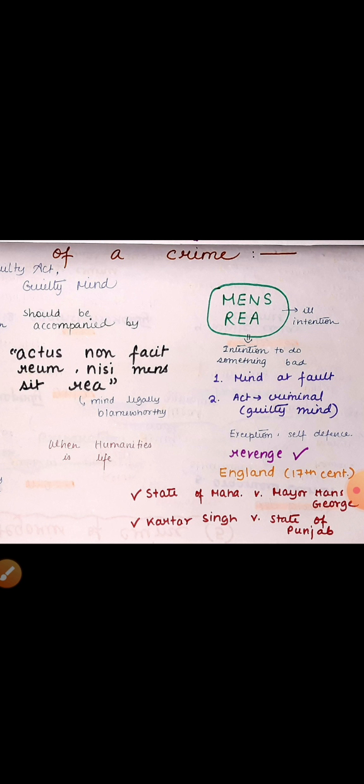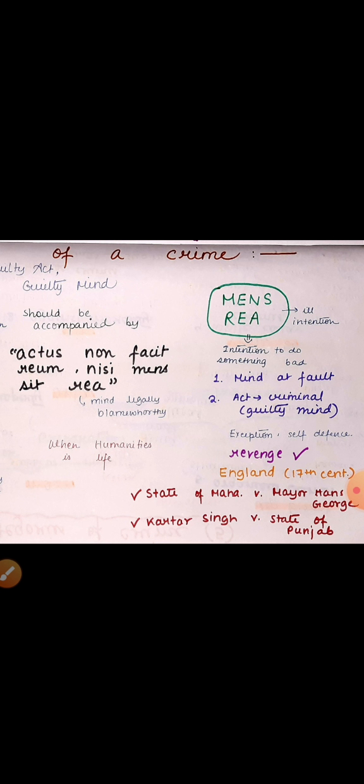We also have an exception here. Now, a person who is being attacked by an assailant, and an assailant is an aggressor who kills. If I am trying to protect myself from a danger, from someone who is attacking me, then it's not mens rea. Then there is no mens rea present here. My action is not wrong. But the moment an action is done for taking revenge, the act becomes criminal.